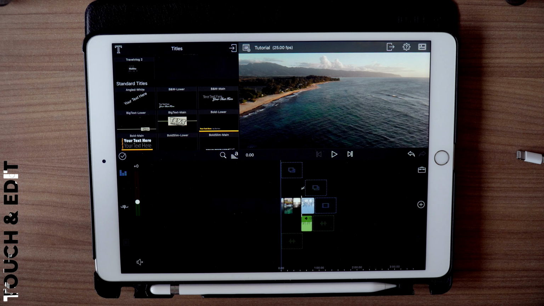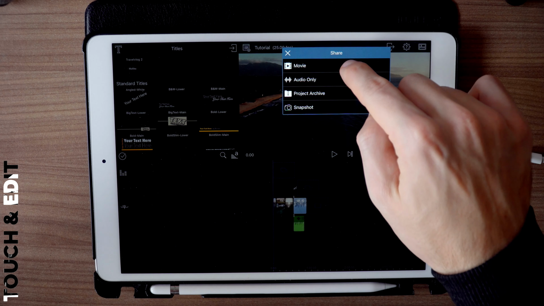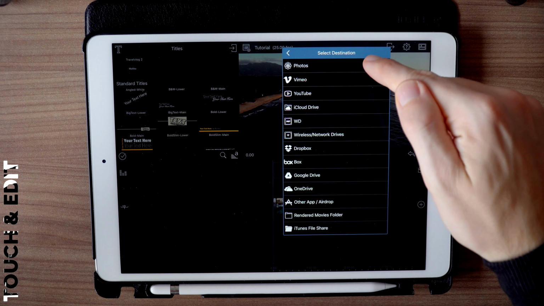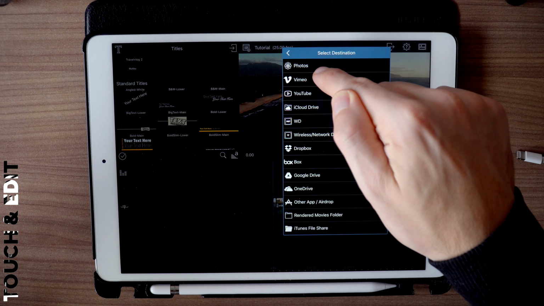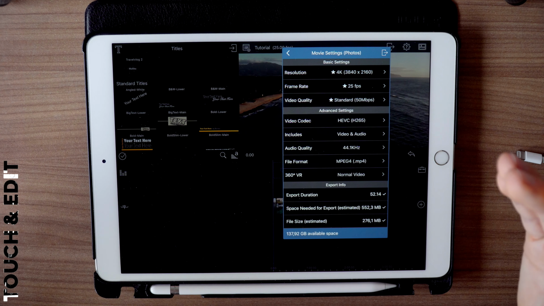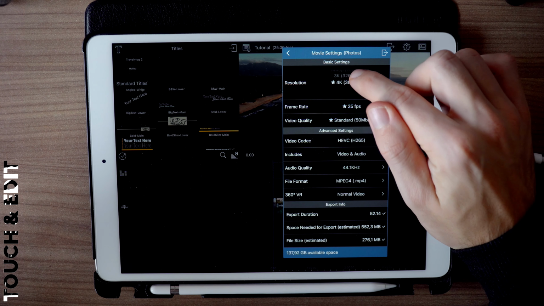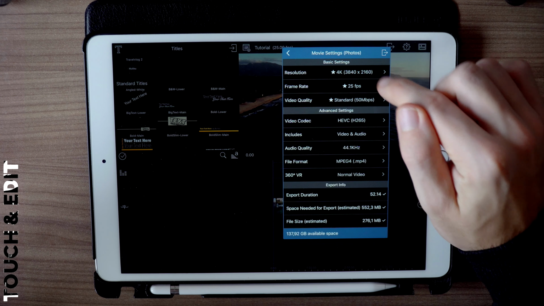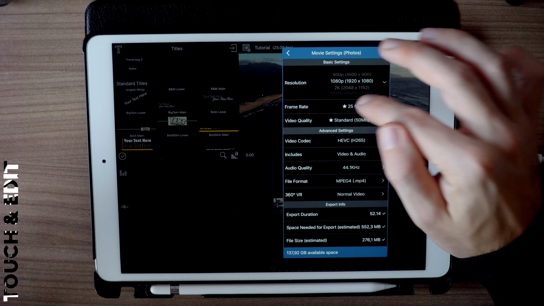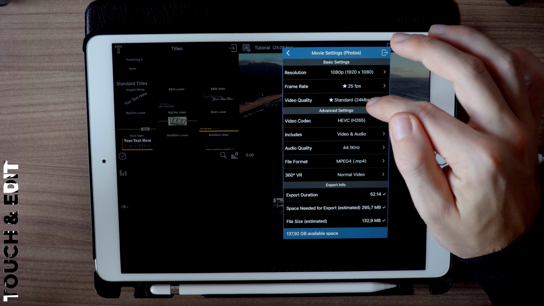If you have finished your editing process and want to export your final video, tap on this button right here, go to Movie, and select the storage you want to save it on. I would recommend Photos because this saves it in your iTunes library or in your iOS Photos library. Then select the resolution you want to use. For example, 4K or 1080p are normal resolutions. The frame rate, the quality,